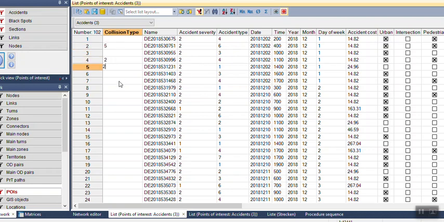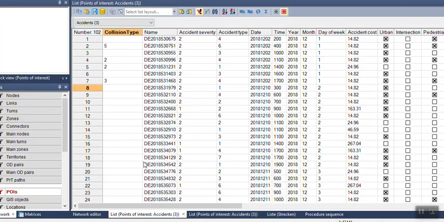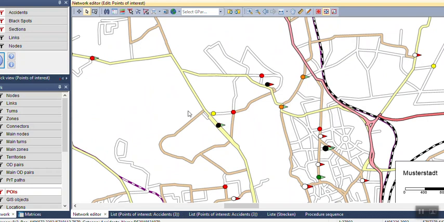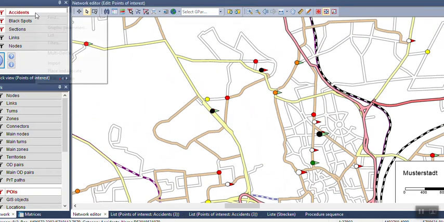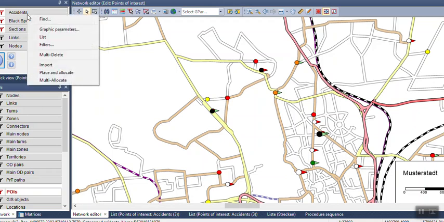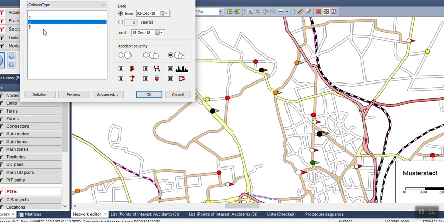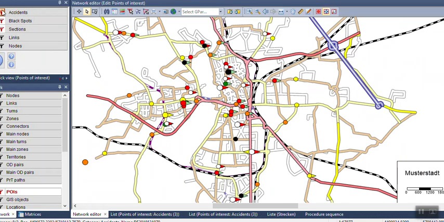Okay, is there a question? No? Okay, that's good. Just for the collision type, you use it just for filtering or what? So I don't understand what's the difference between accident type and collision type actually. That's exactly the way. I don't know why we have this collision type inside. Let's have a look for that. Do we have some information about it? Because we usually use the terms accidents and collisions interchangeably. So